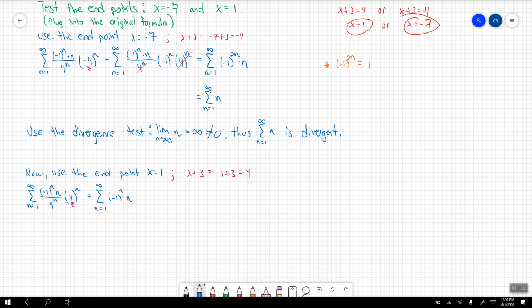Awesome. So, all we need to do now is determine, does this series converge or does that series diverge? Once again, you can use the alternating series, anything like that, anything that we've developed so far in this previous chapter, we can use as our advantage. So use the divergence test once again